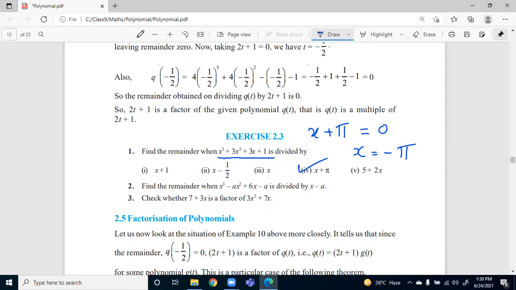So you have done one silly mistake only. Just recheck your answer. Ma'am, is it minus pi cube plus 3 pi square minus 3 pi plus 1? Now it is correct. So you can see this is x cube. In place of x, I am substituting minus pi, so you have to put cube above it. Then plus 3. Now what is x? Minus pi, I am putting square above it. Plus 3, I will be multiplying it by minus pi plus 1.